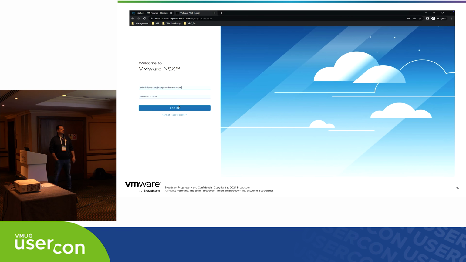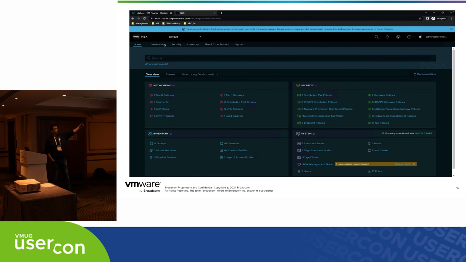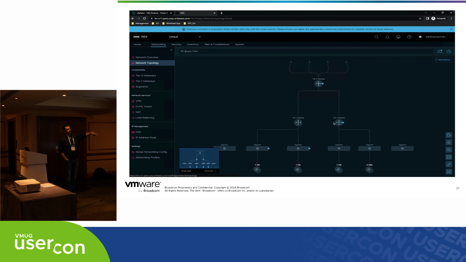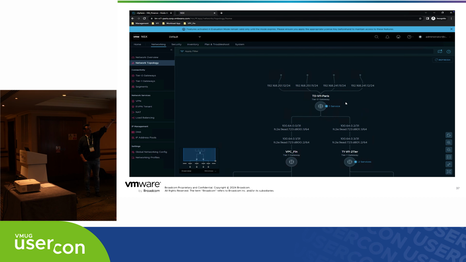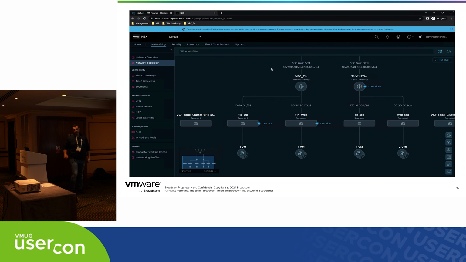And then if we log into NSX, so this is logging in as the enterprise admin, so this is top level login. I'm just going to show you around some networking. You can see the network topology here. And you can see that we've got a tier 0 gateway at the top, so that connects to our physical, so obviously you've got some BGP peering going on there. We've then got a router that's created inside